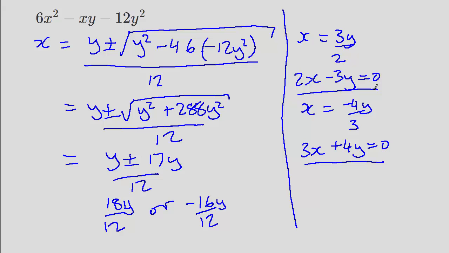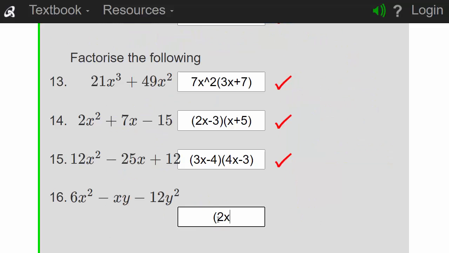So we'll put that into the equation. So we've got 2x minus 3y times 3x plus 4y. And are we right? Yes, we are. And those are 16 examples similar to but different from the online tutorial. So that covers the examples in our section on